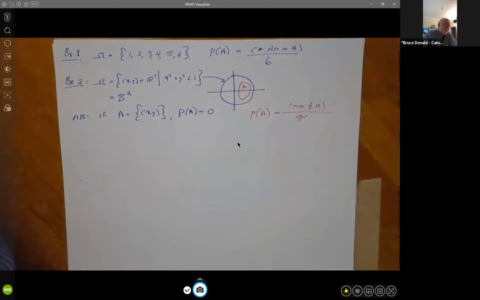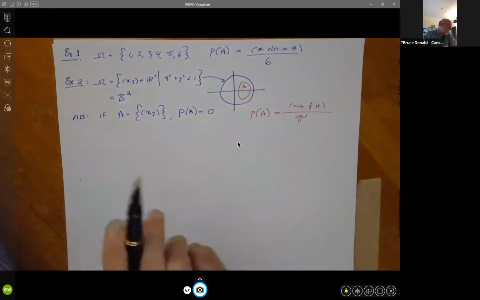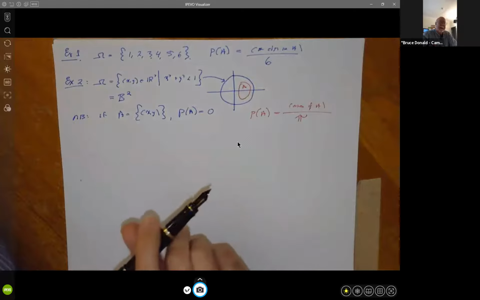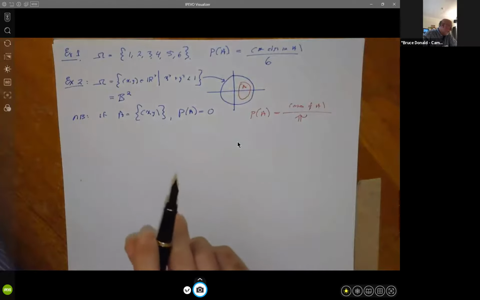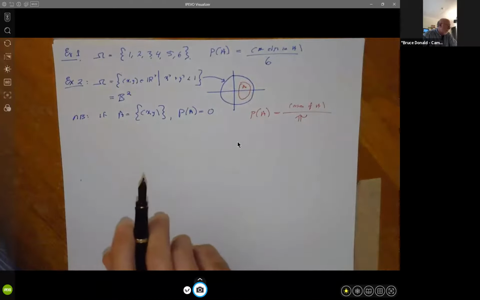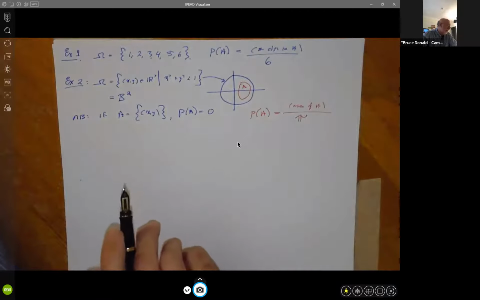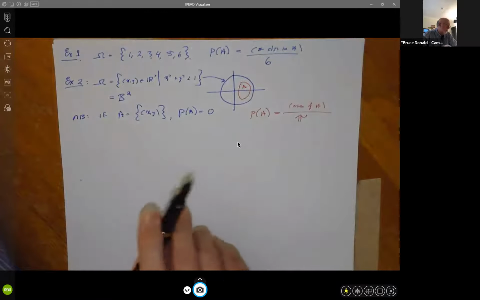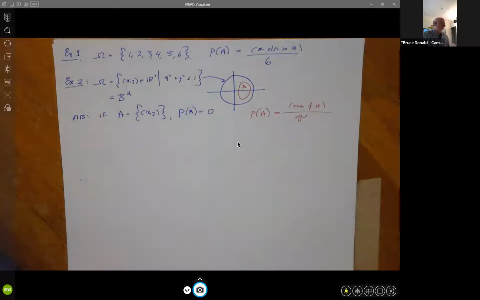And one way to think about this is if you're throwing darts at a disk, namely a dartboard, the probability that you exactly hit a single point is identically 0. But with any kind of fatter set with positive area, like a bullseye, you'll hit with positive probability. So this is a key lesson here. This is why we don't define probabilities directly on outcomes. It's why we define them instead on these sets, which have measurable area.